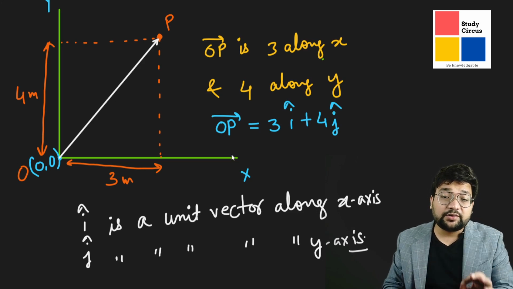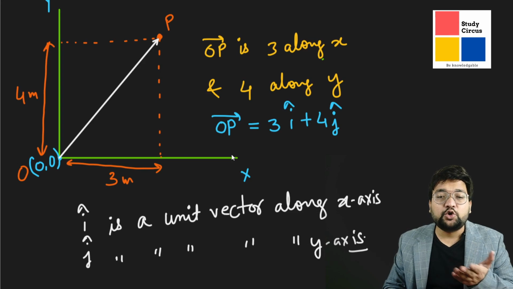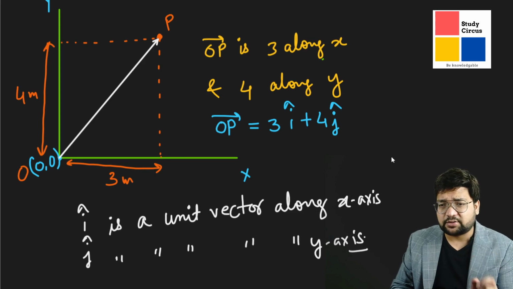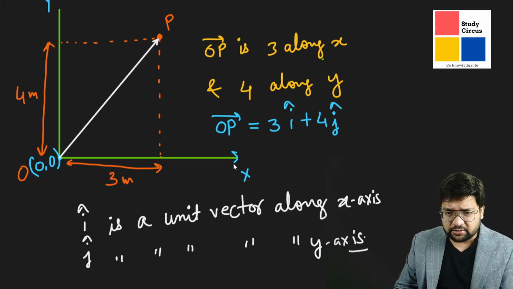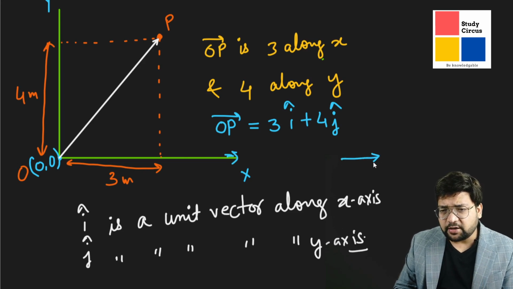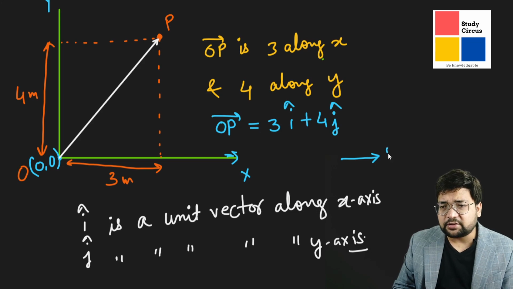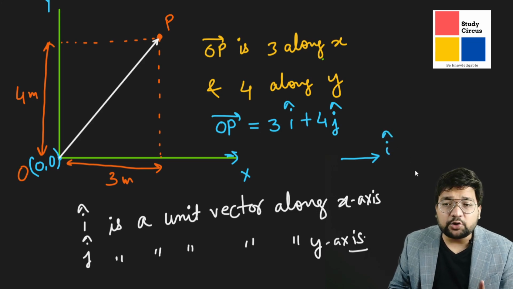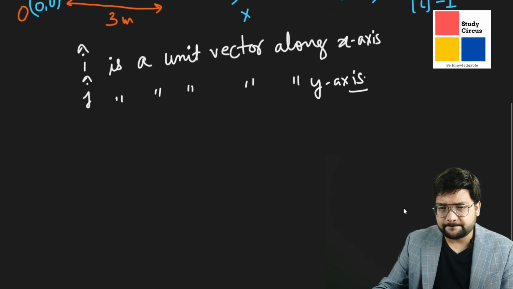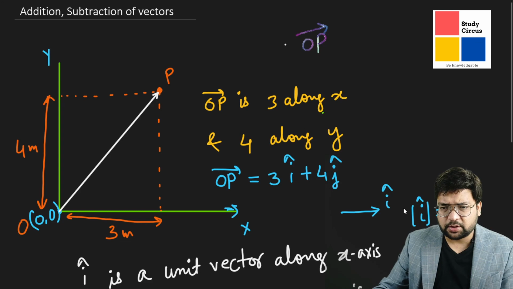Then what is this i cap, j cap? I cap is a unit vector along x. If this is your x direction, a unit vector along x means a vector pointing along the x-axis and having magnitude equal to 1. Magnitude of i cap is what? 1. Similarly,